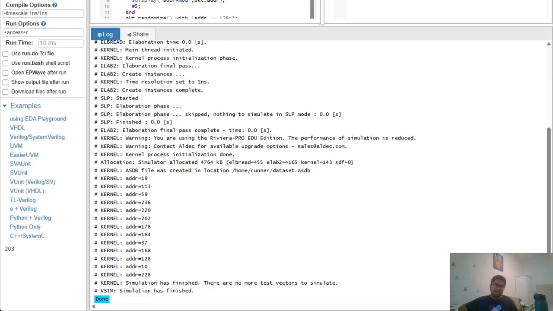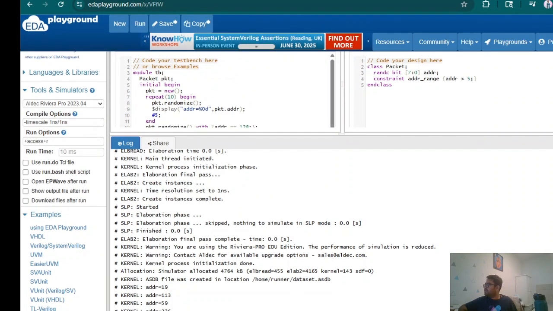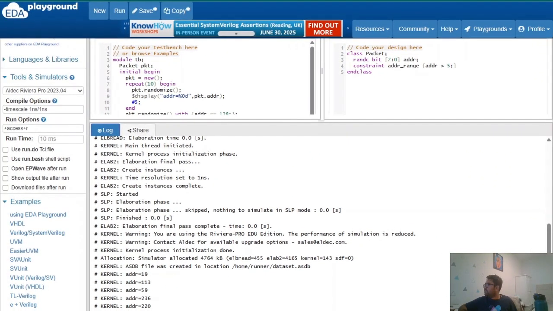So by inline constraints we can pass the values of the packets or values of the data by using randomize for the object. And why might you use an inline constraint instead of defining it in the class? Let's think. So the answer is